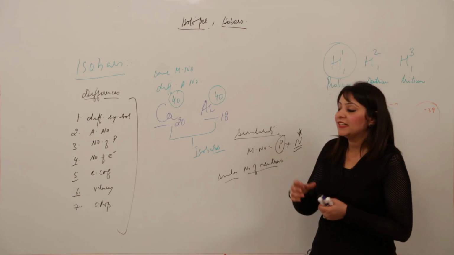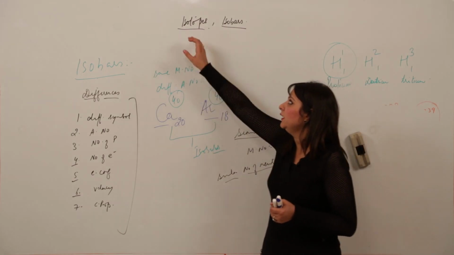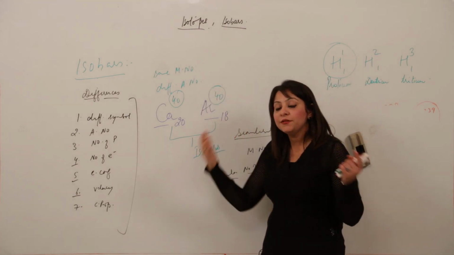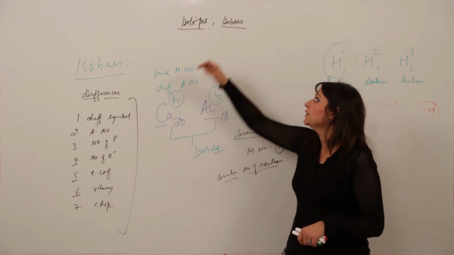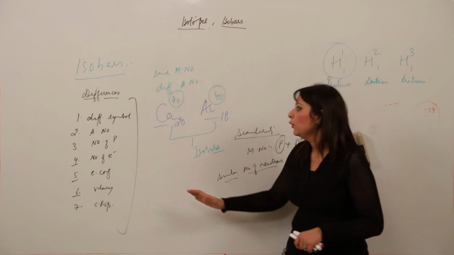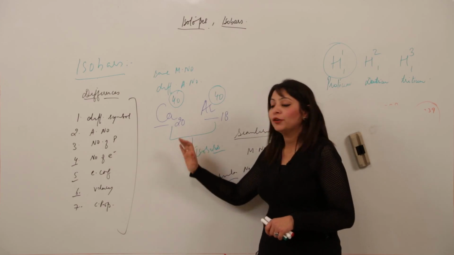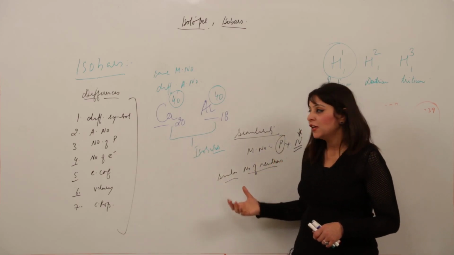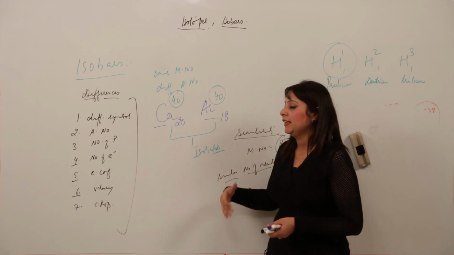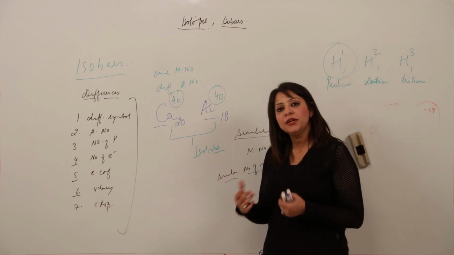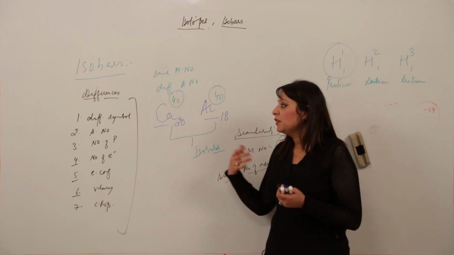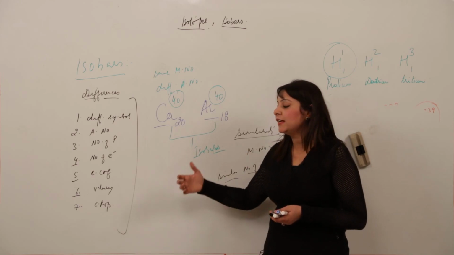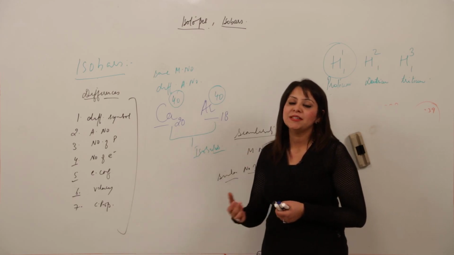So when the same element's atoms are different, the relation is isotope. When different elements' atoms are similar, it is isobar. So this is how we have explained it. You can look for more examples, just looking at whether they have the same number of neutrons. You can say that they are isobars, and if they have a different number of neutrons and the same number of protons, or the same atomic number, that means the relation is